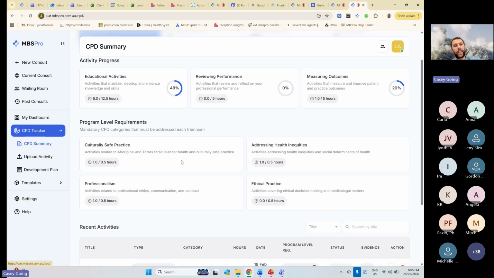Now, the other thing that we're adding in, I don't have a demonstration to show you, but essentially we can ask the AI to review your consult. It'll review your consult and give you a scoring and or ideas on what to do better, and how things could have flowed better. That can be tracked as CPD, but hopefully that'll be helpful in the context of